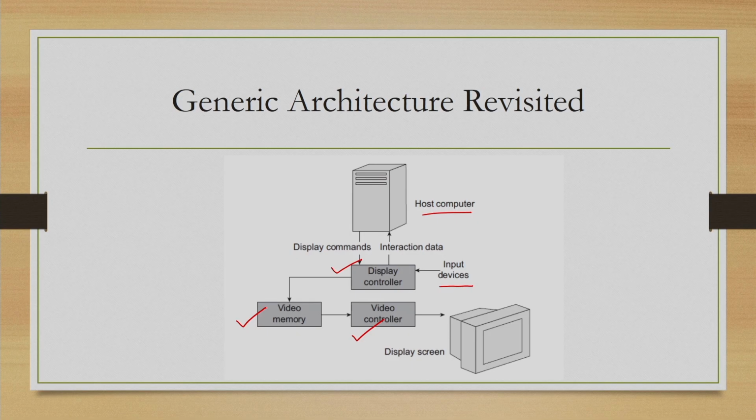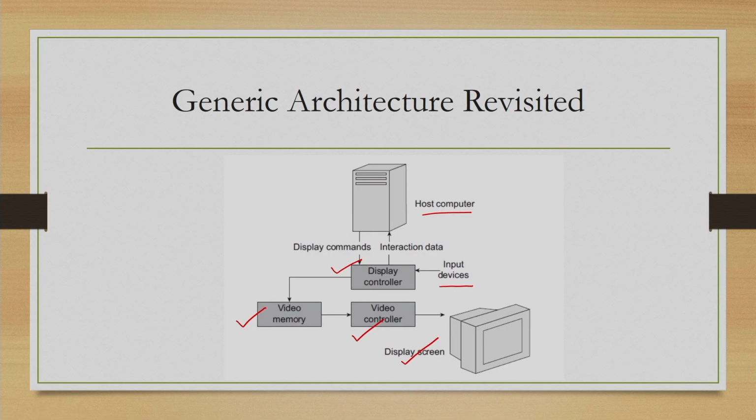Now, that representation that the controller generates is stored in a memory which is called video memory. The content of the video memory is given as input to the third component, the video controller, which takes the memory content as input and then generates certain voltage levels to drive some electromechanical arrangements that are required to ultimately display the image on a computer screen.